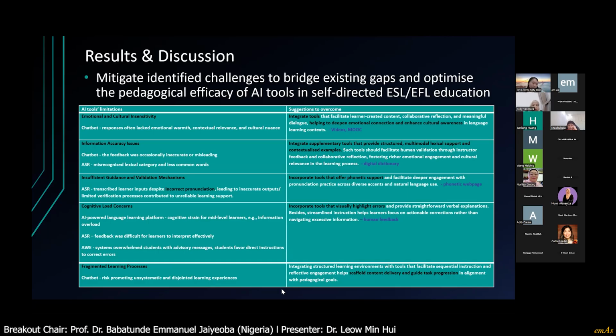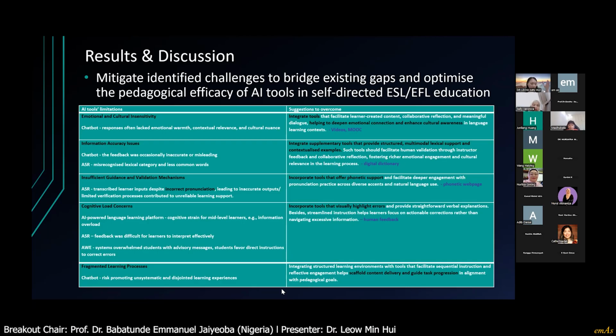For example, if they want the students to write a script for a reading lesson, they can start with non-AI tools, like looking for a video or text, to get the input. Then they come up with a draft. Then they combine with AI tools like Grammarly to paraphrase. After that, they go to ChatGPT to get feedback. And at last, they go back to non-AI tools, like a digital dictionary or a phonetic website, to check their pronunciation and so on.